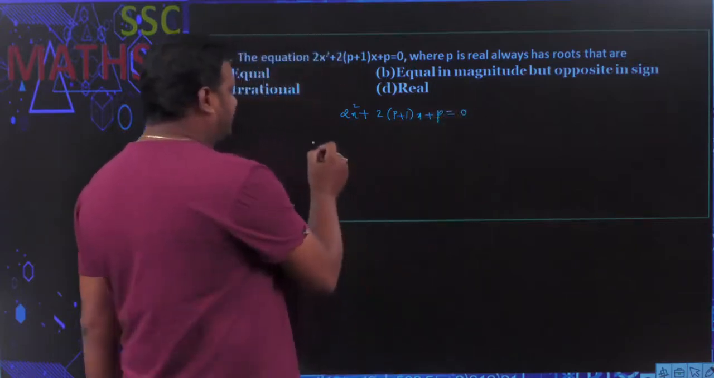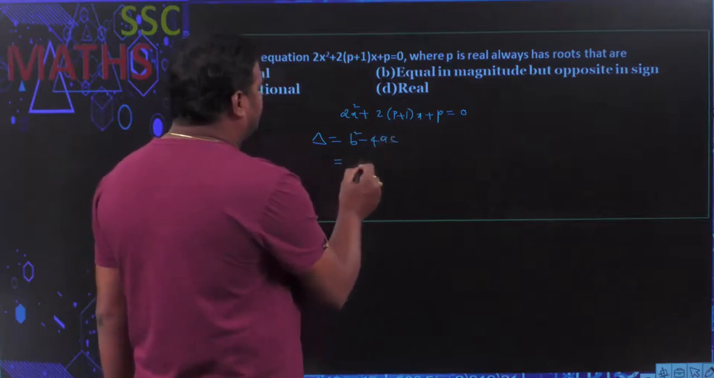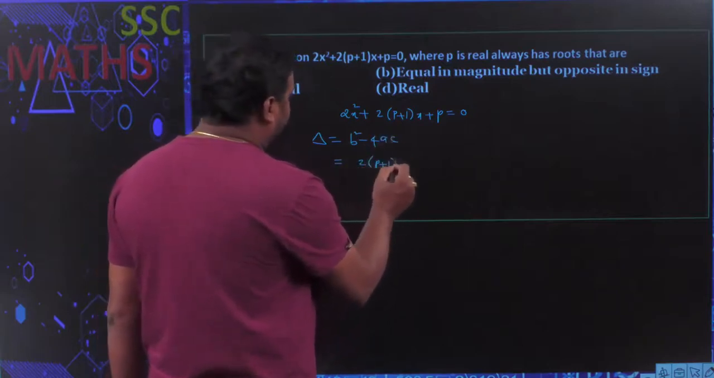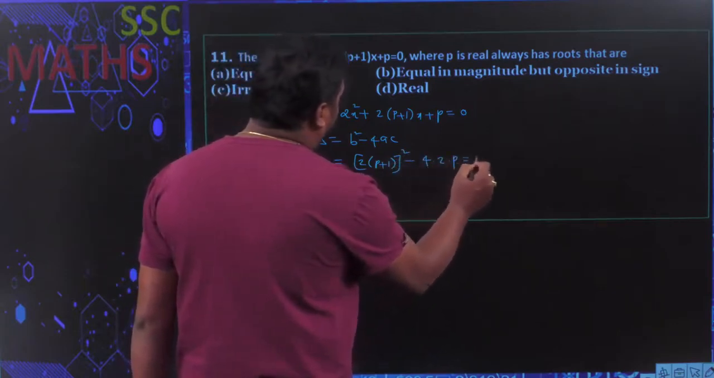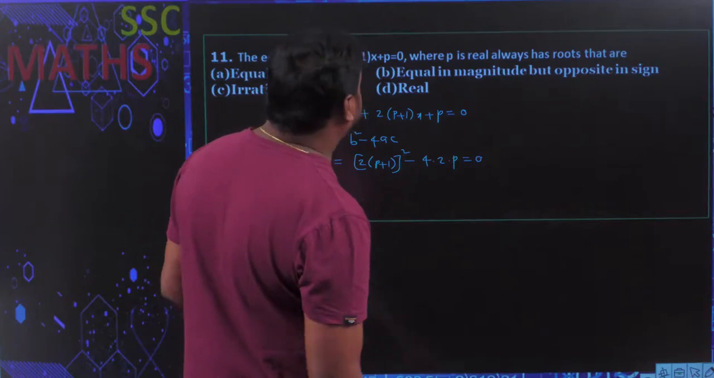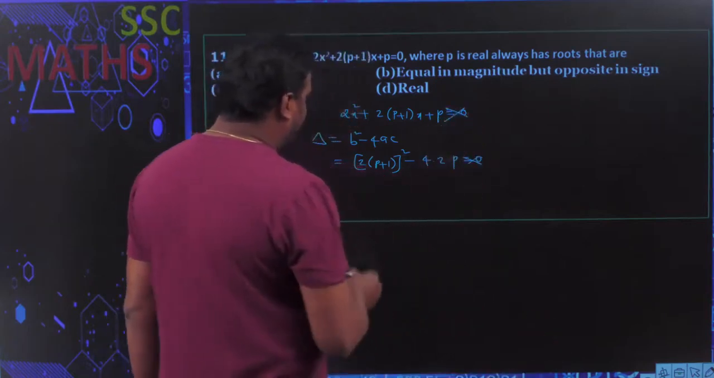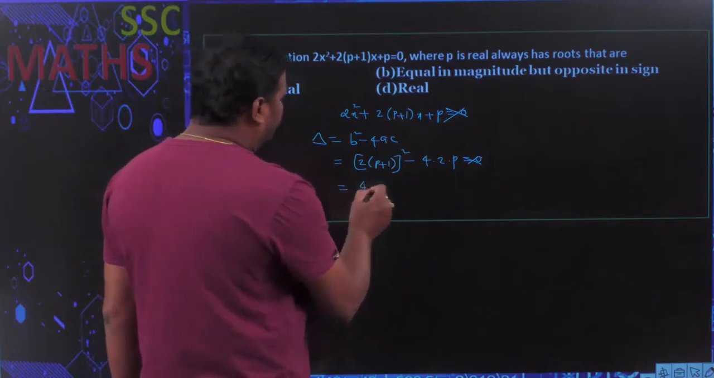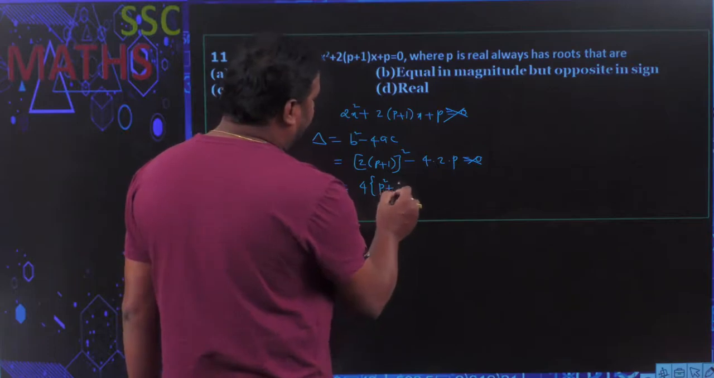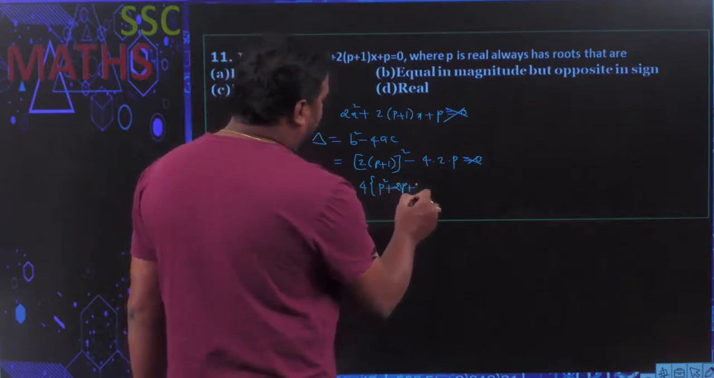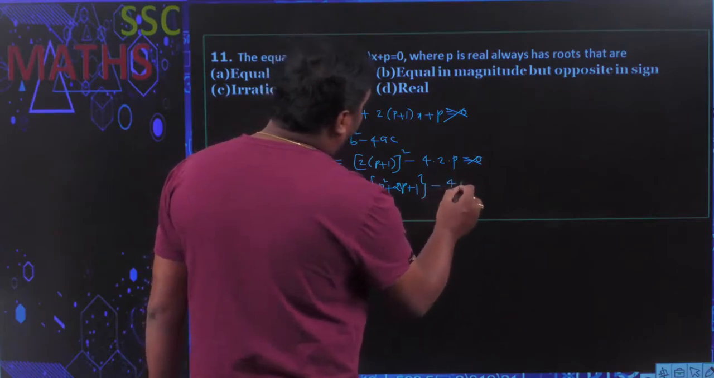You will have to find out the discriminant, that is delta is equal to b square minus 4ac. So b square is 2 times p plus 1 whole square minus 4 into a into c. So roots are real or not, we do not know, right? So you cannot write that equal to 0 here. 2 whole square is equal to 4 into p plus 1 whole square. What is p plus 1 whole square? p square plus 2p plus 1, and then minus 4 into 2p,